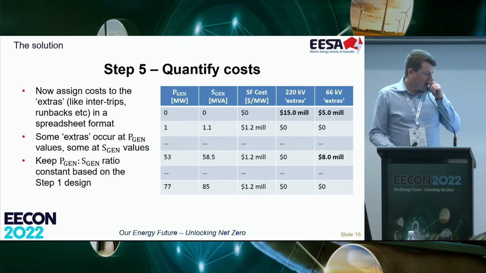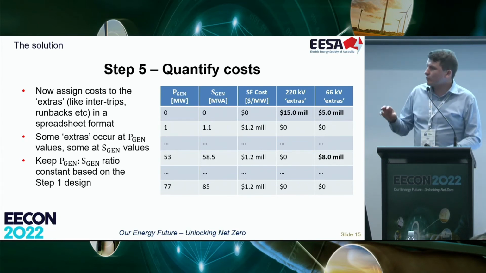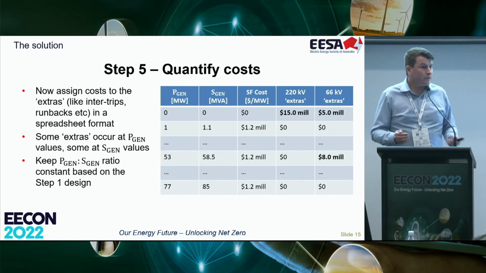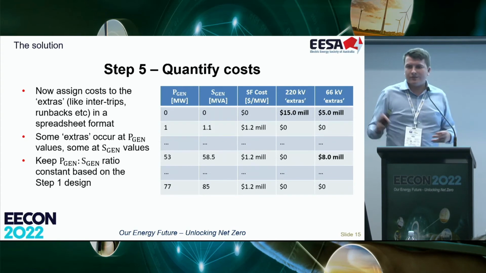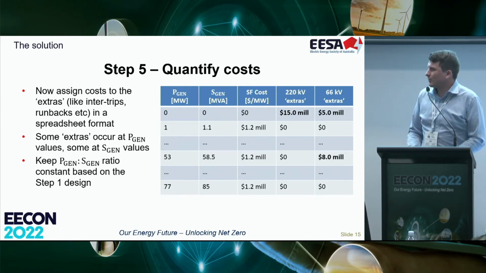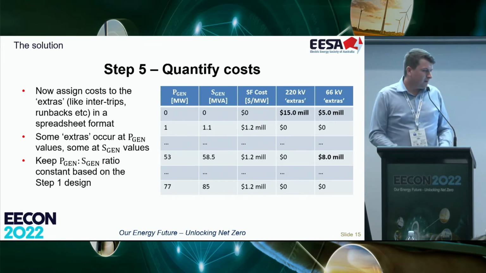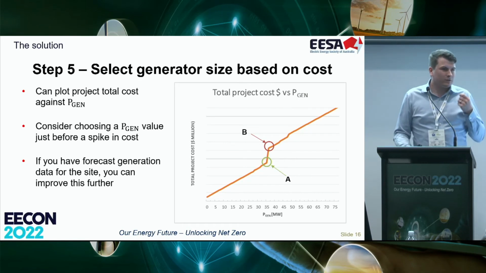So for example, 53 megawatts and 58.5 MVA, a bit of a round number, call it 58. If you recall, the number I said before was a system normal synchronous condenser. There was a system strength shortfall. We can continue beyond that. Let's just say we're going to put in the smallest, cheapest SYNCON we can find, $8 million, some little baby thing, and continue on. So hopefully what you can see is we're going to end up with a graph that looks